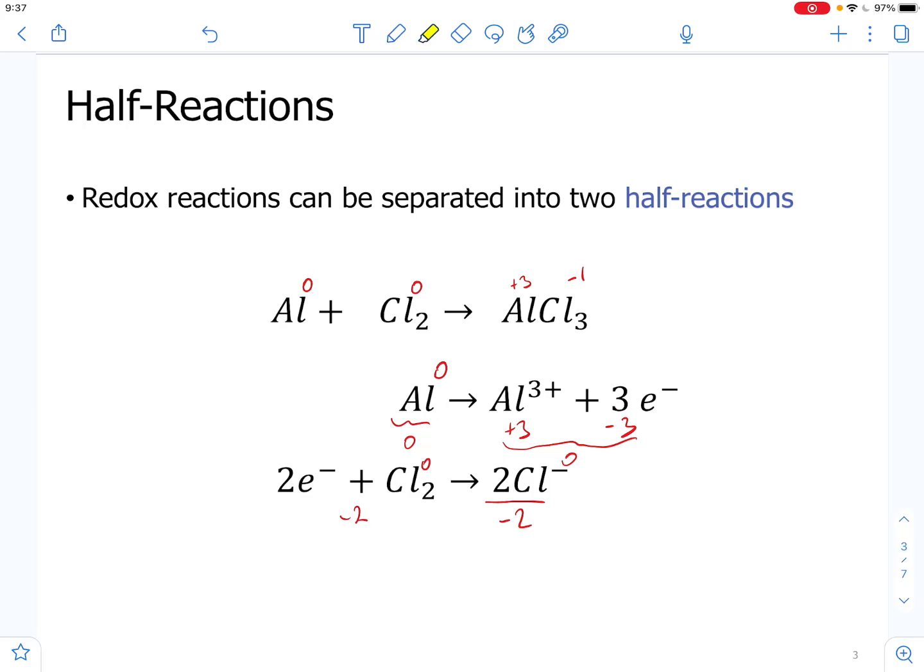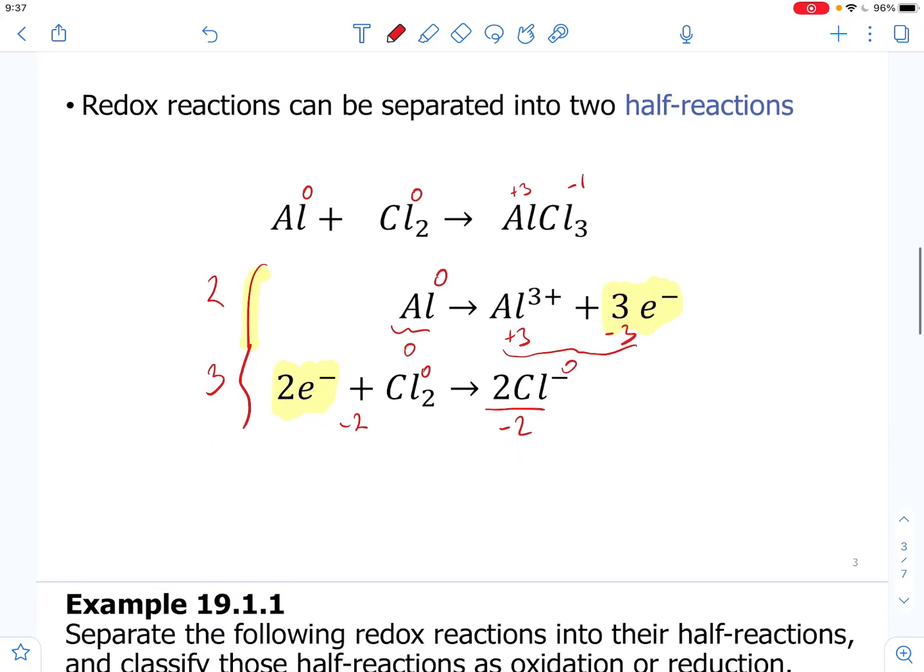Now I want you to focus your attention here on the number of electrons. In the first half reaction, you're losing 3 electrons. In the second half reaction, you are gaining 2 electrons. The number of electrons being transferred has to be the same, right? So that means that in order for this to be the same, one thing that you have to do is multiply the top one by 2 and the bottom one by 3. You do that and then you end up with